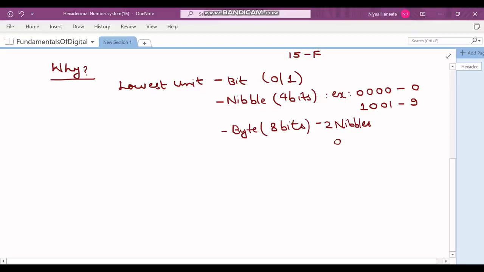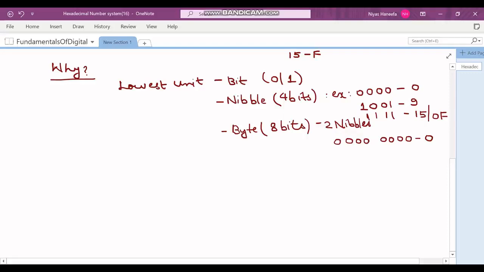So 8 bits. So you will have anything from 00000 to, so this corresponds to the decimal number 0. Then you will have the last digit that could be represented in the case of a nibble. What could be the maximum value that could be represented? The maximum value is when all the positions are ones. So 1111. In decimal, this corresponds to what? 15. But writing that, we have to write it in two symbols in the decimal number system. Instead, we could write this as 0F in hexadecimal, because 15 corresponds to 0F.